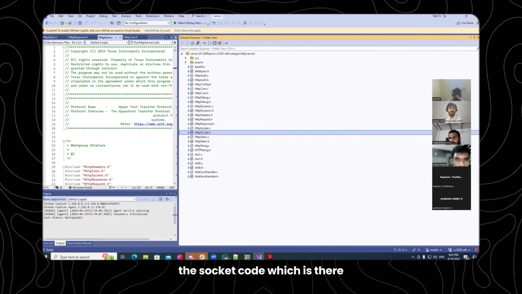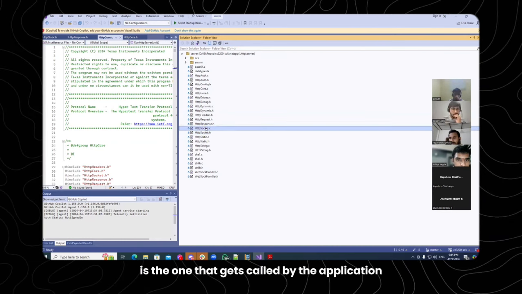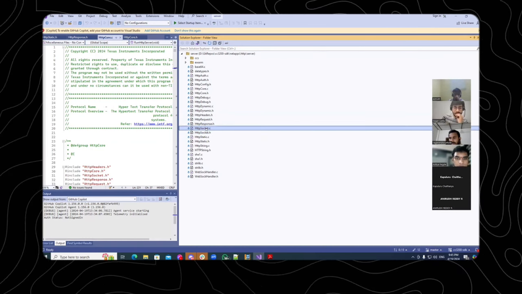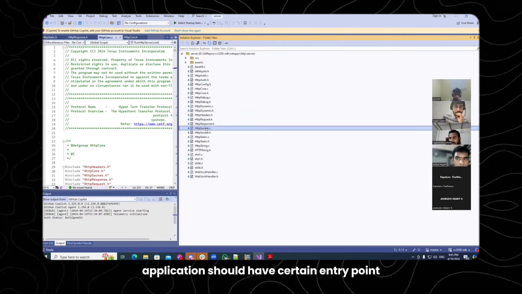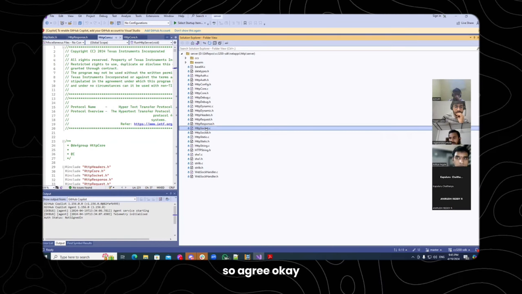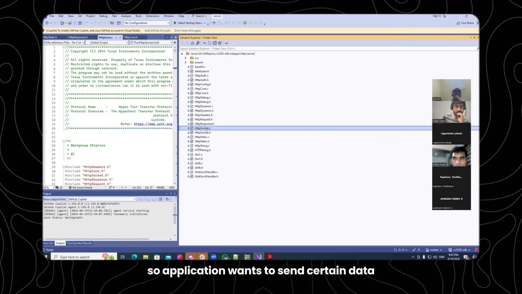The socket code implemented here is the one that gets called by the application. The application should have a certain entry point into the web server. Agree? If the application wants to send certain data, it has to have an entry point. That entry point is here.